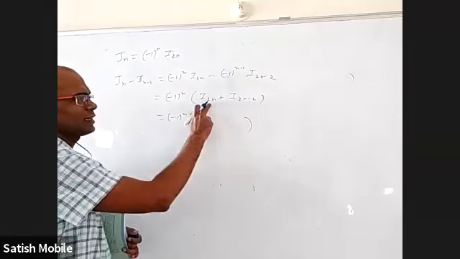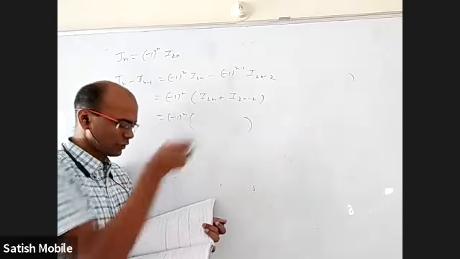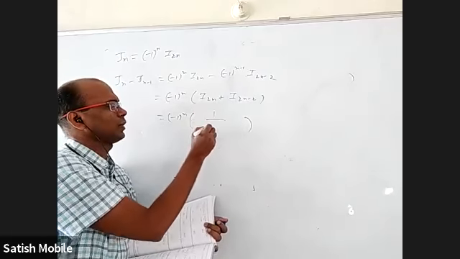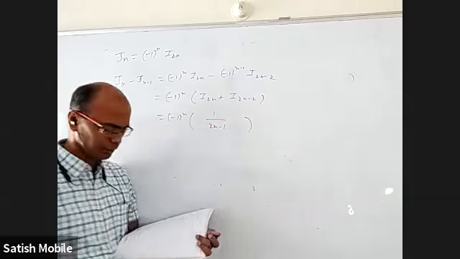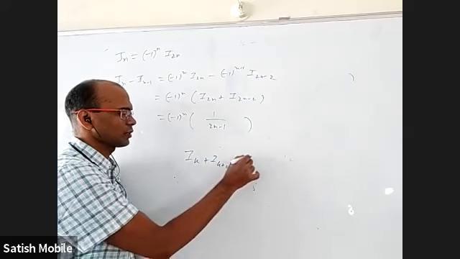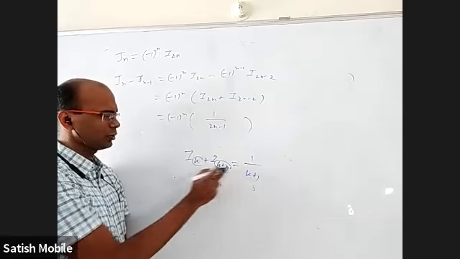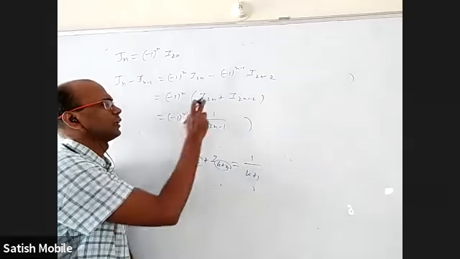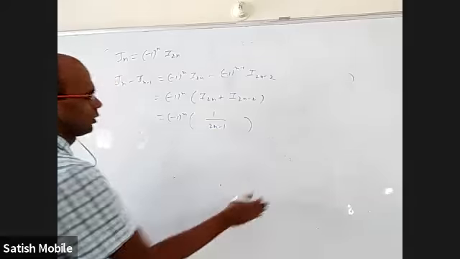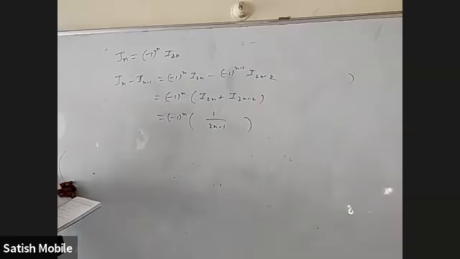When this is n and this is n plus 2, our answer is 1 by n plus 1. Basically, we got the average of these two there. So here, similarly, if we take the average of these two, it is 1 by 2n minus 1. Whenever it is Ik and Ik plus 2, just now we proved it is 1 by k plus 1. The gap should be 2. What you get here is this plus this by 2. This gap is 2 and this plus this by 2 is this. Okay. That's it. That is the answer. That is one of the options.